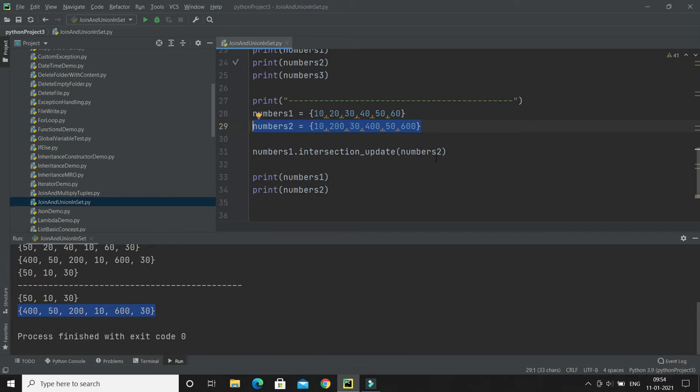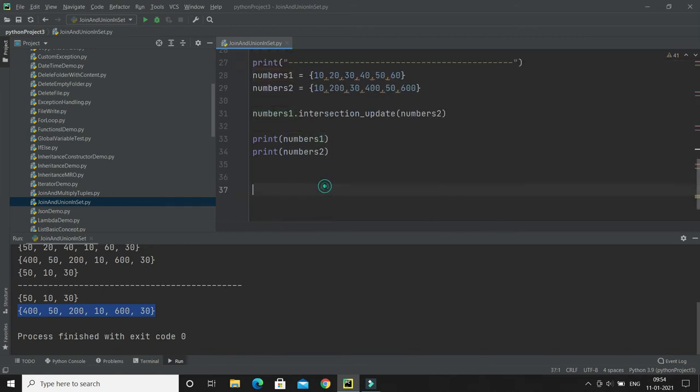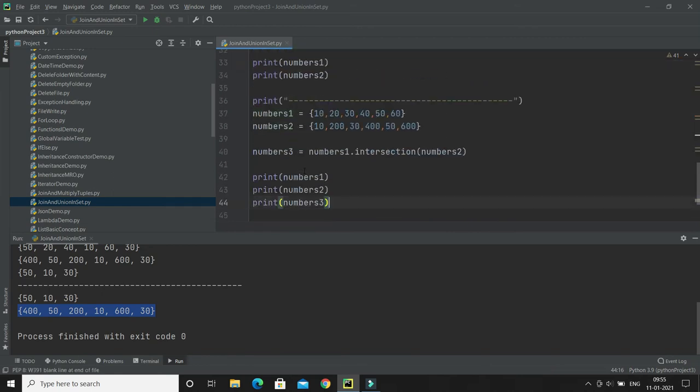Let's move towards the next concept, and to show that concept I am going to copy this code snippet, and I'll paste it over here. Now let's say I would like to get a set that contains all the items from both the sets except the items that are present in both, right? Then how can we get that, right?